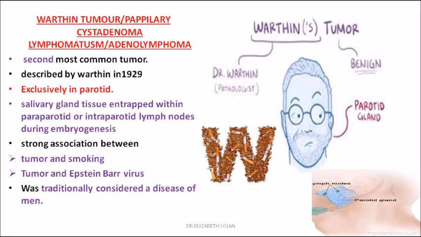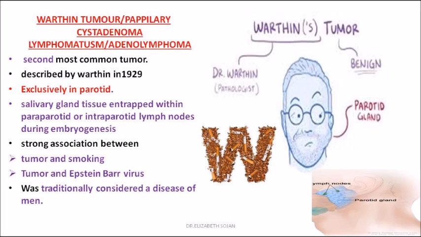Now moving on to another important MCQ in salivary gland tumor, which is commonly asked as Wharton's tumor. The other terms you should be very familiar with: papillary cyst adenoma lymphomatosum, or otherwise it is also called adenolymphoma. This is the salivary gland tumor which comes exclusively in the parotid gland. So that is why it is commonly asked in MCQs. It is the only salivary gland tumor which comes exclusively in the parotid gland, it doesn't come anywhere else. So is Wharton's tumor. Now look into that picture.